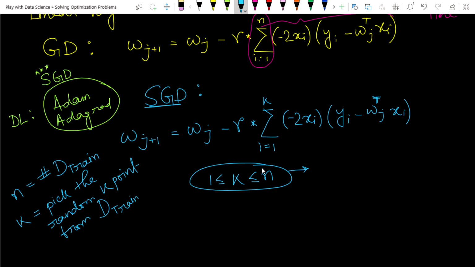Since k is less than n, we pick a random set of k points.